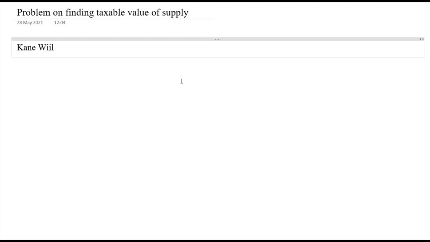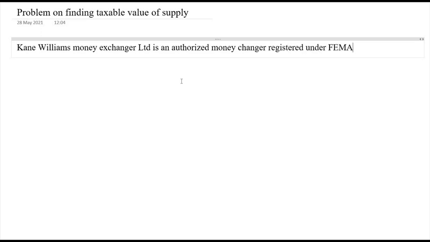Kane Williams Money Exchanger Limited is an authorized money changer registered under FEMA. It enters into the following transactions of money changing: